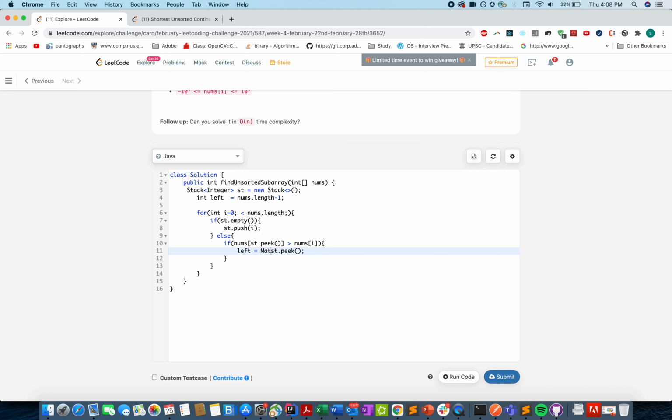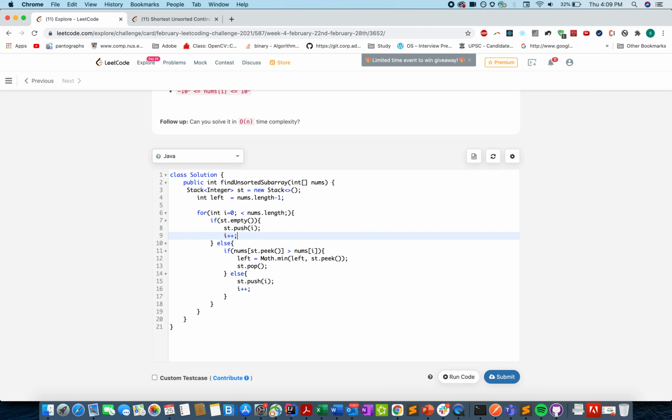So left equals Math.min of left comma peek index, and we will remove that from the top of the stack, and we'll move ahead in the iteration. Otherwise, we will add this element onto the stack and move on to the next element. Also here we need to increment i.